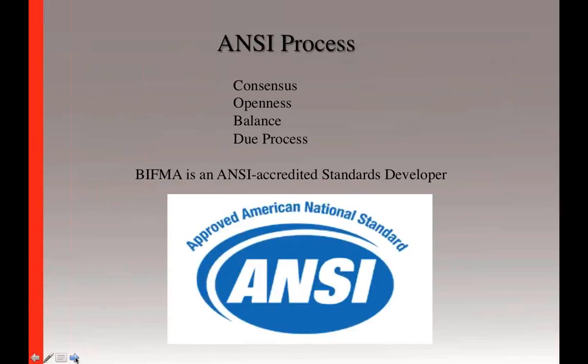I understand from you, Mike, that there's about 7 of us in Michigan. What that means is when we develop standards, it's not just BIFMA and BIFMA members, but it is users, universities, government, test labs, so on and so forth that participate in this process. It's very open, there's balance, there's a rigid process that we have to conduct in order to implement an American